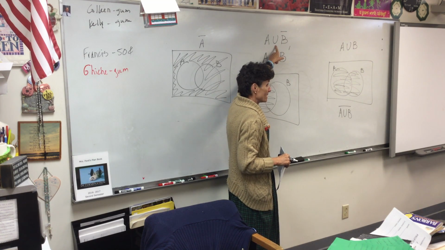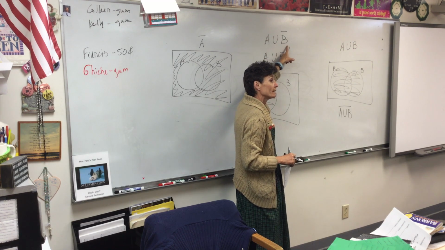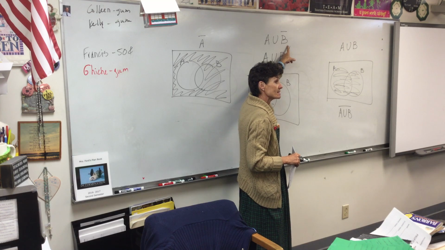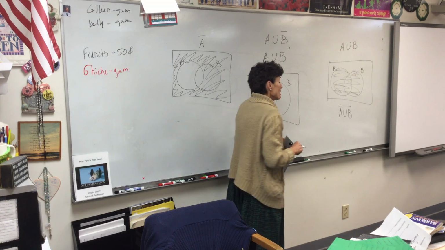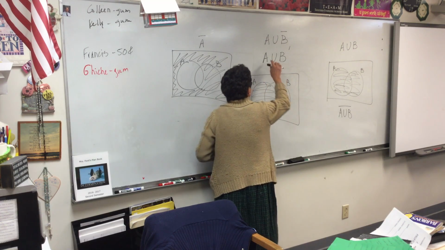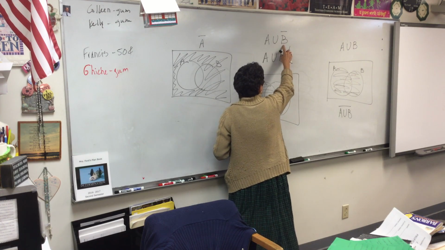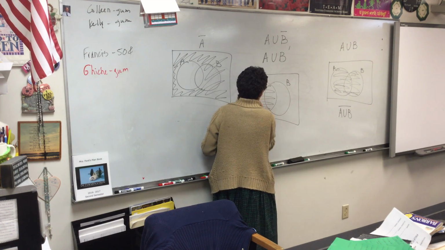Or, meaning we can include everything in A, we can also include what? Everything that's not in B. Now, sometimes kids get confused, so let me color in the answer. The answer is going to be everything in A. We've already done that. Now I'm going to color in everything that's not in B,